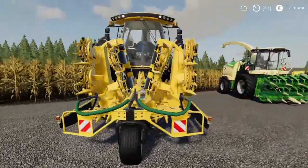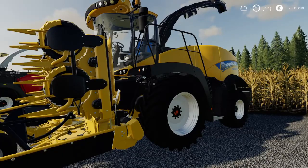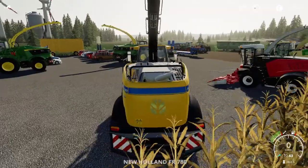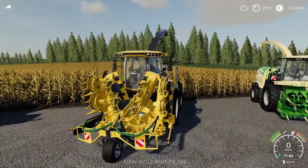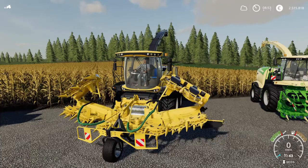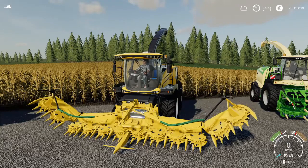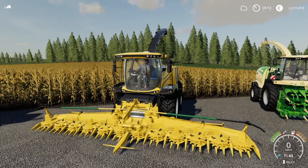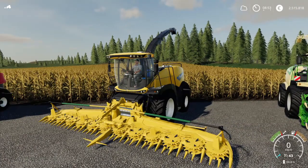Next up is this New Holland FR780. We just hop into it. I like the animation of the harvester opening, or the header opening. This forage harvester has 575 PS, now with a 9-meter header for 120,000 euros, and the forage harvester itself costs